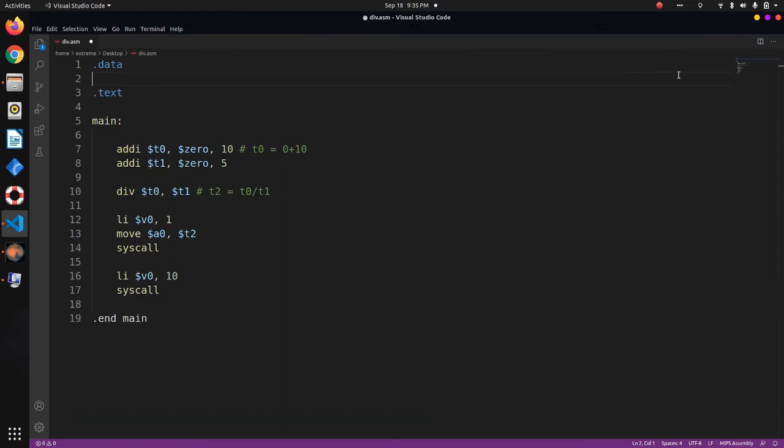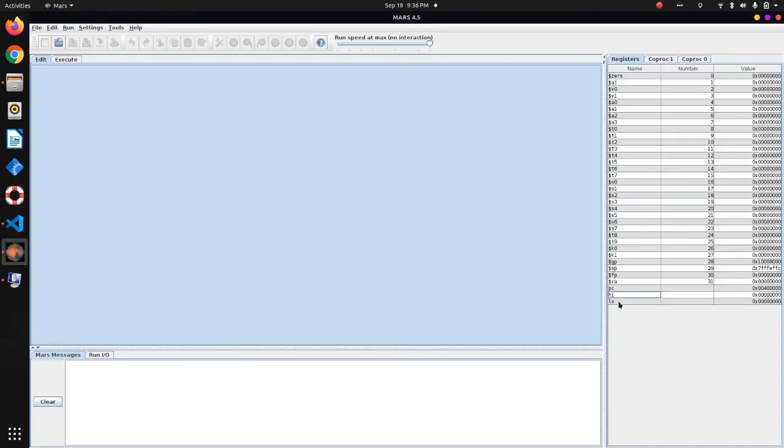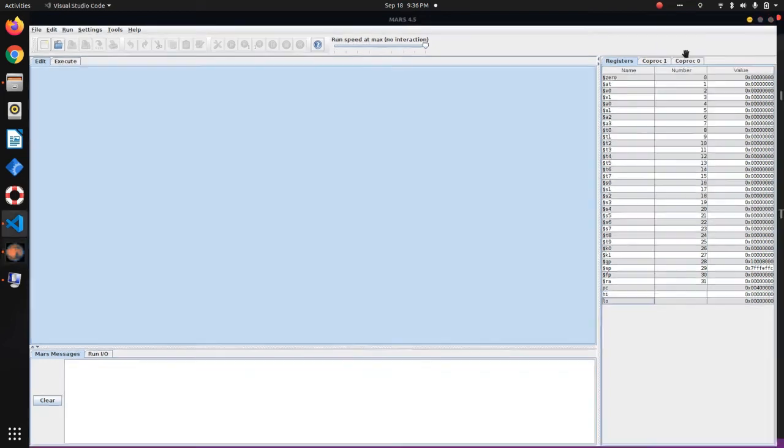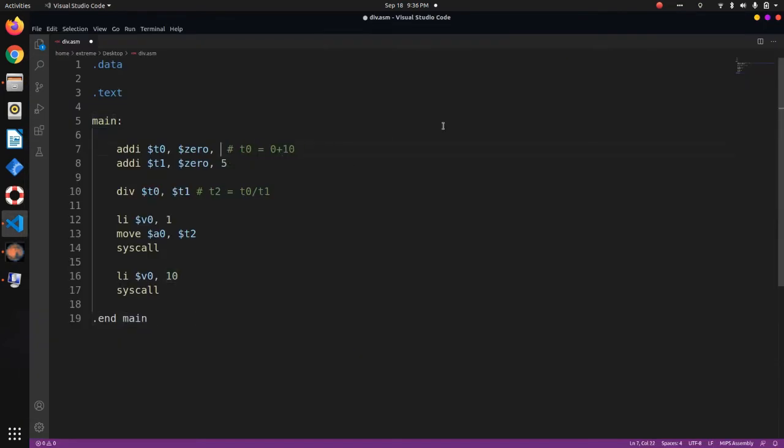For example, 20 divided by 3, the quotient is 6, which will be stored in LO, and the remainder is 2, which will be stored in HI. So let's try to run it. So 20 and 3. 20 divided by 3, quotient is 6 and remainder is 2.